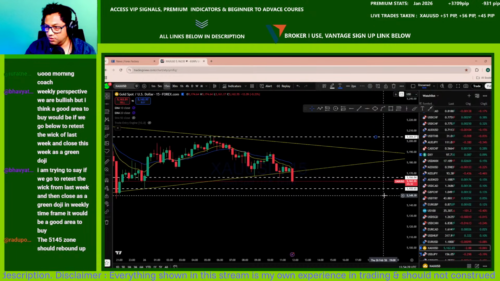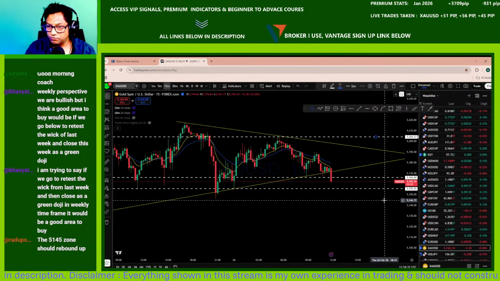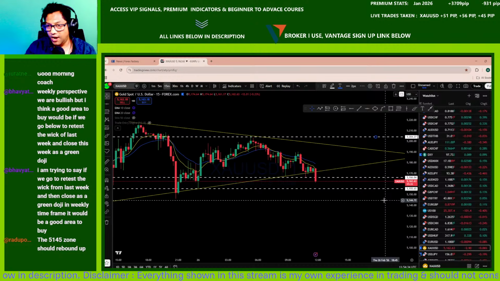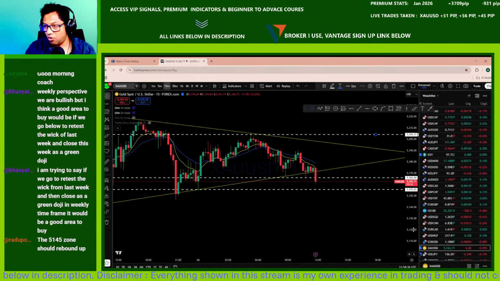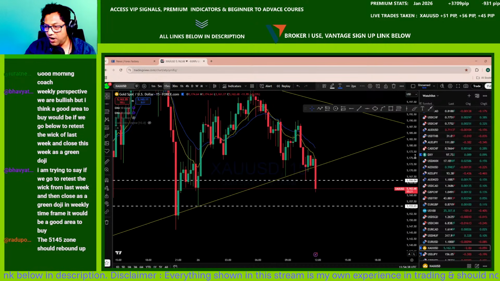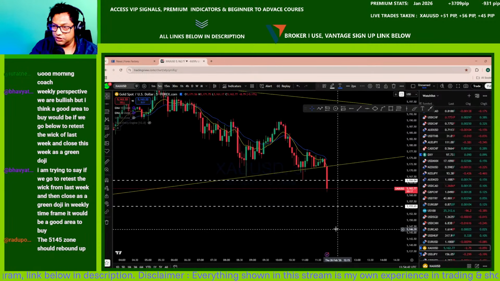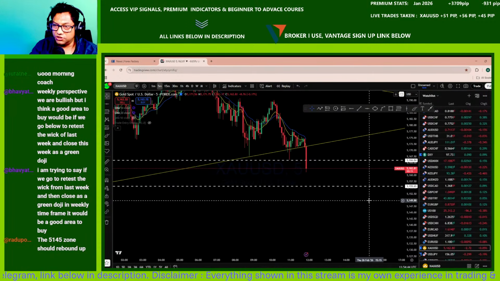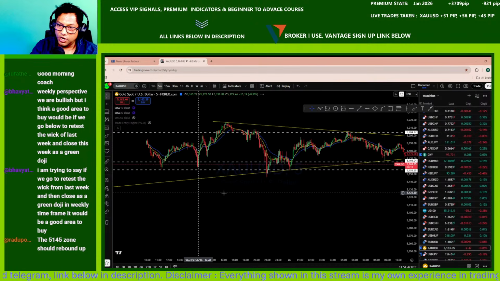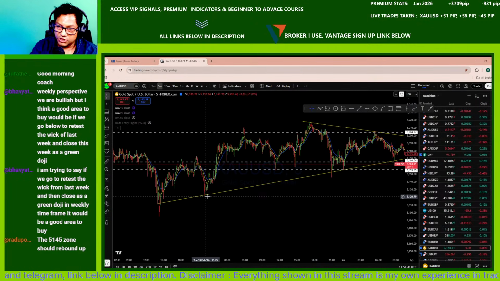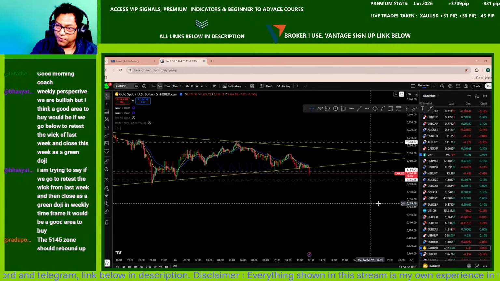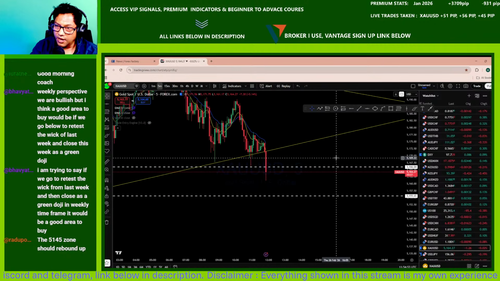Yeah, this is 45. And I think it might even cross back up from 5155. Could be. Let's see how much it's coming. But I will be interested because it already has, this is a trend line break at the moment. So we look at a series of higher lows, a series of higher lows. So there is a break of trend line, and